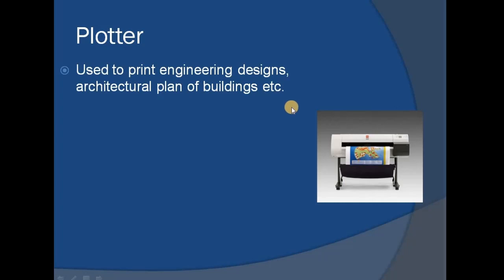These are most widely used by architects, engineers and city planners, and wherever we want high precision, I mean when we want clear images with a large screen output, we can use these plotters. And commercially they are used to print maps and charts. For that also we can use these plotters. We have two types of plotters, and they are drum plotters and flatbed plotters.